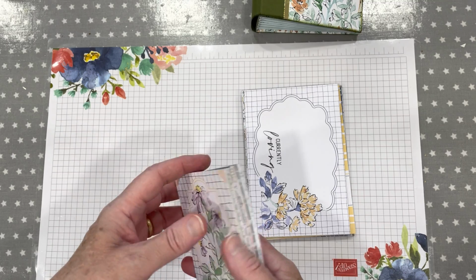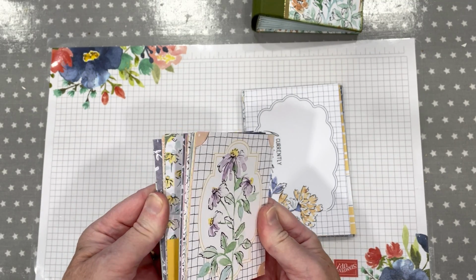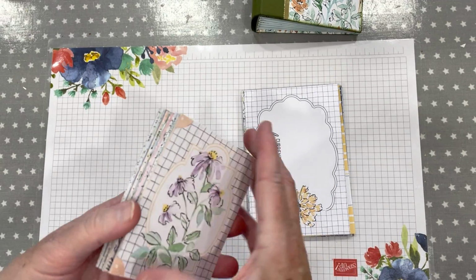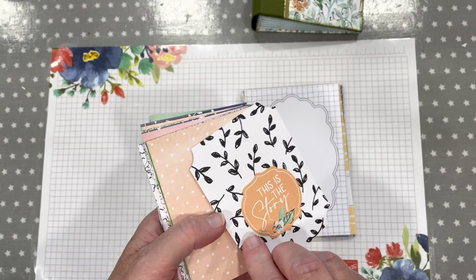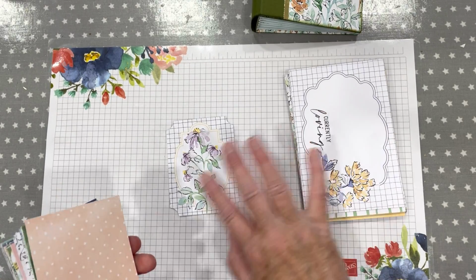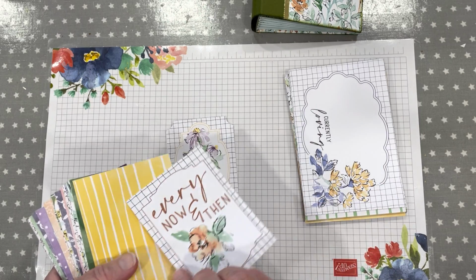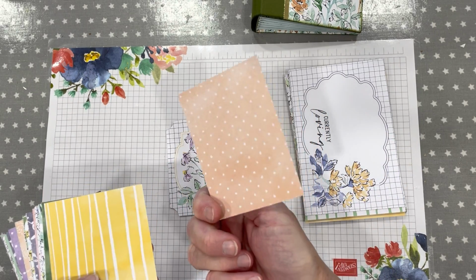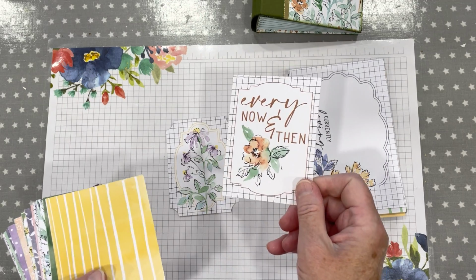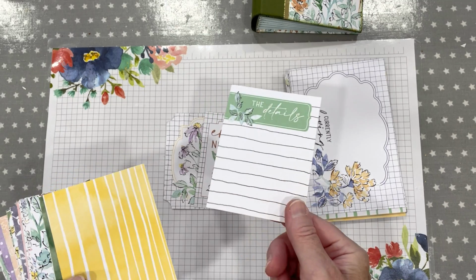These are the Memories and More cards. I've shown them to you before. They are fabulous. You get I believe 36 of these little cards. They're all double-sided, so you get 2 of each design, so that'll be 18 designs. They're plain on, well, not plain, but they haven't got a lot on one side, and then they might have a saying or a flower or something. Brilliant for